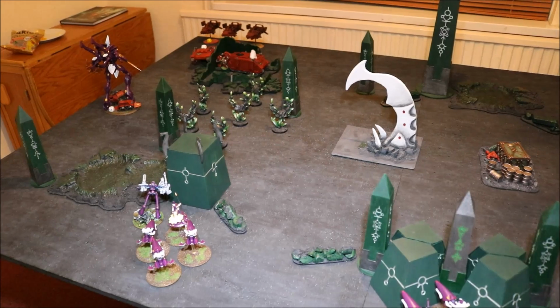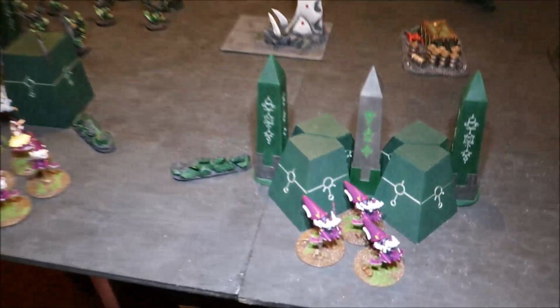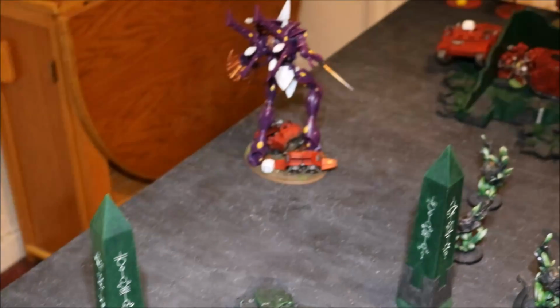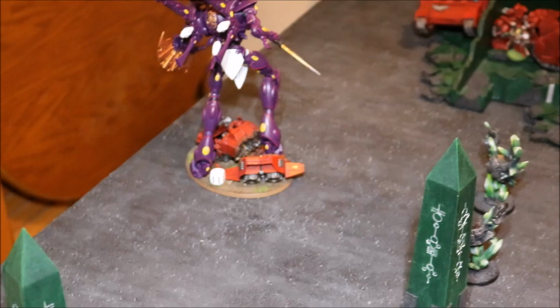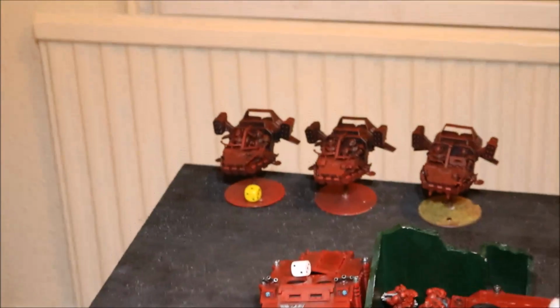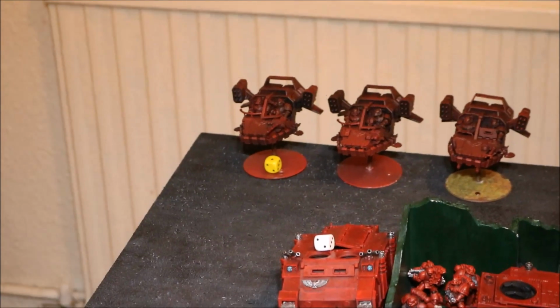Okay, so Eldar turn 1. Move the jet bikes from there to that position. Move these jet bikes to that position, and the War Walker popped out just over on this side here. Moved the Wraithknight up 12 inches. I shot the Wraithknight's scatter laser at the bikes, the speeders there. Just got one